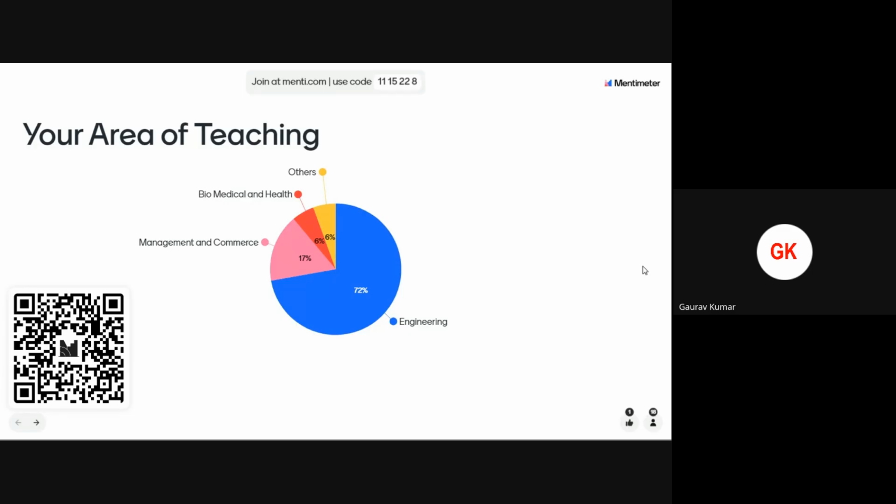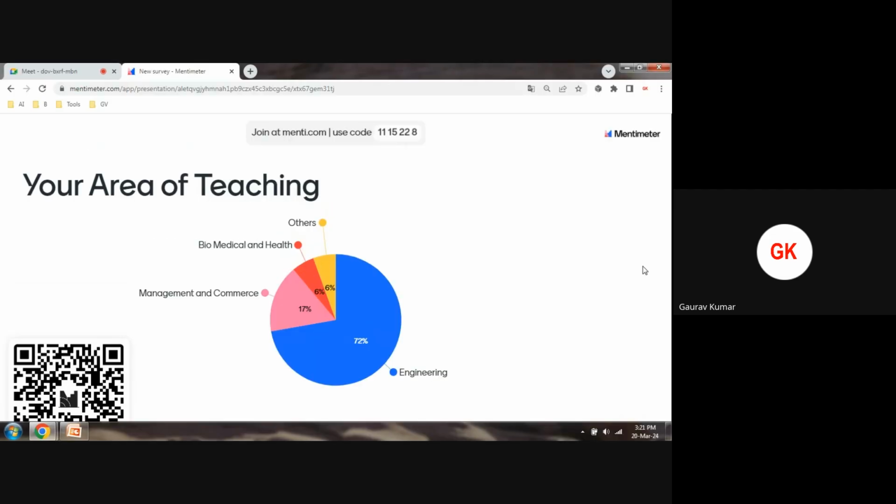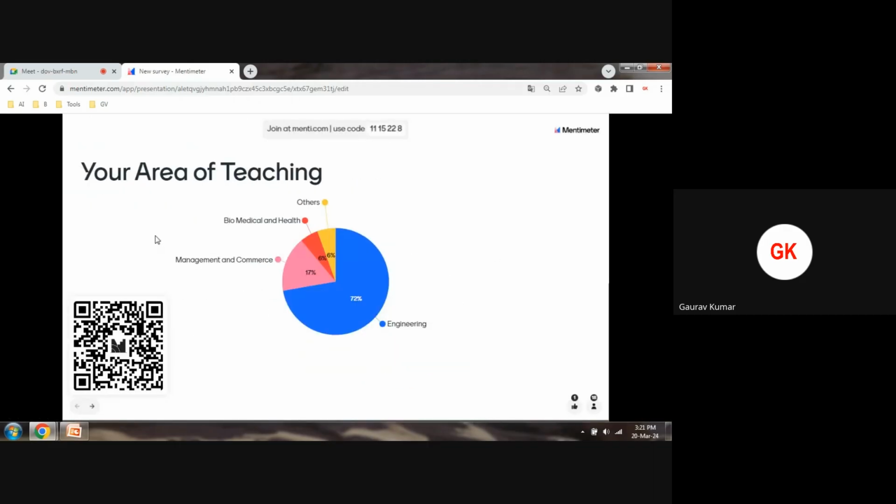Multiple options available. As soon as you will click on specific option, it will be modified. This graph will be modified automatically, and we can see the diversion of participants. Okay, for example, we are discussing about some problem, brainstorming, some polling. We can see, okay, how many participants are in favor of this option, how many participants in favor of that option. Okay, in same way,